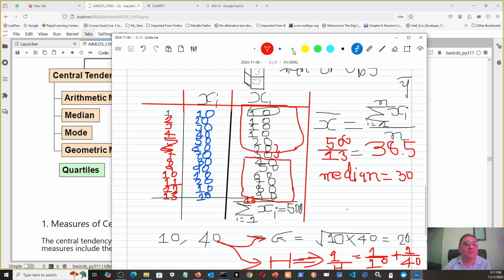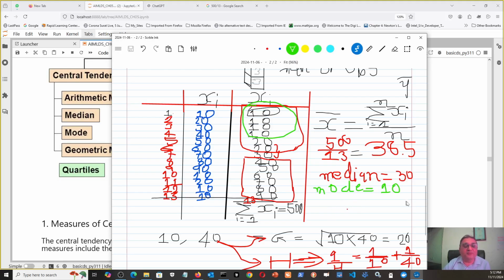So here what is my mode? The one which is occurring the maximum number of times, that is the most frequent element in my data set, that is called mode. So the mode is 10. Fine. Now the question is